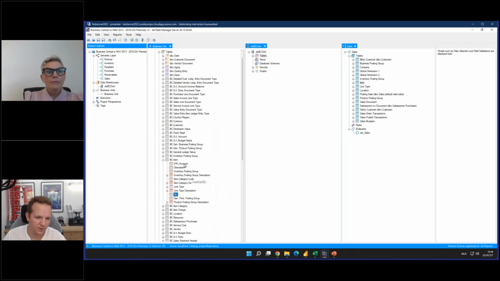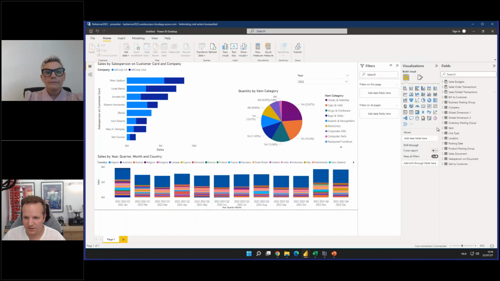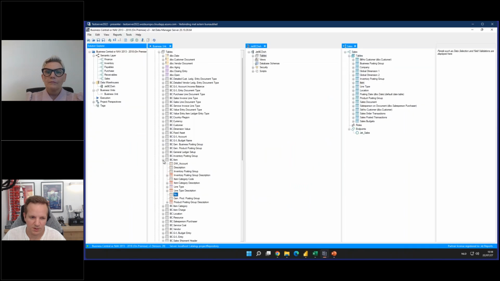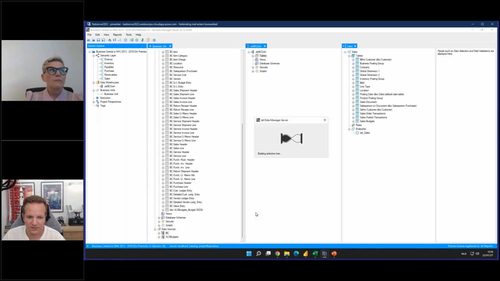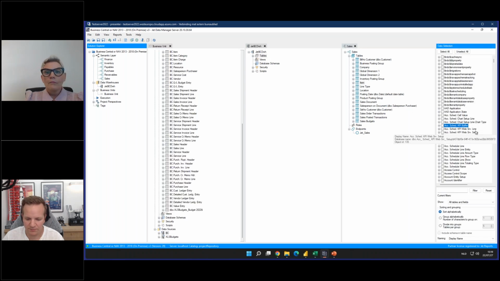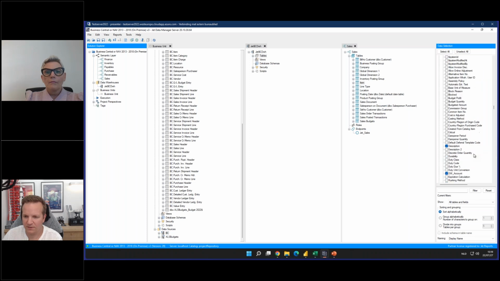And even if we do small modifications, I saw, for example, if I jump back into my Power BI, on my item table here, I got my item category and got a product posting and an inventory posting, but I got no product group in there. So even if I wanted to do small modifications to this system, I can just jump into my BC here and actually jump into the item table there, find the field I need, the product group code,